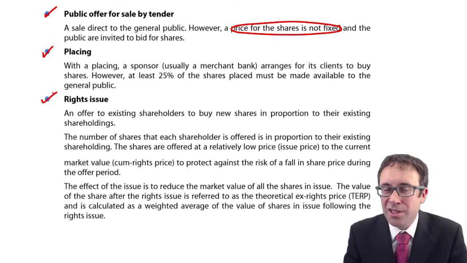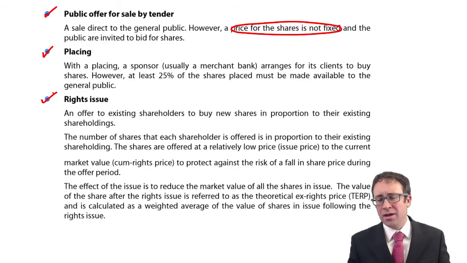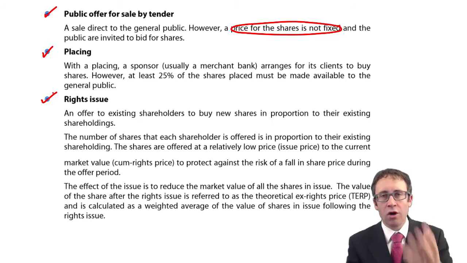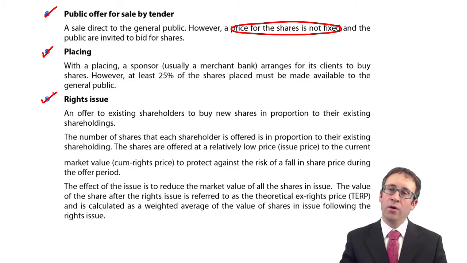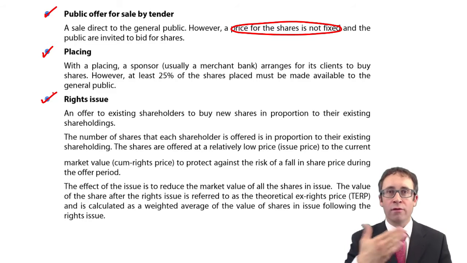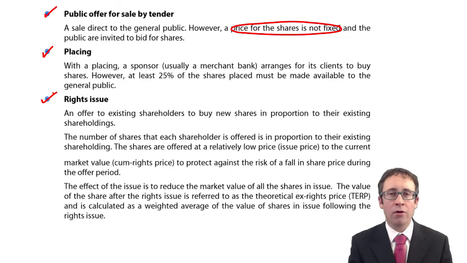Do I need to say much about a rights issue? I don't think I do. It's an issue of shares to the current shareholders, so not new shareholders, in proportion to their current shareholding. So it could be, say, a 1-for-4 rights issue at $3 per share. Okay, key bit is that the issue price needs to be below the current market value